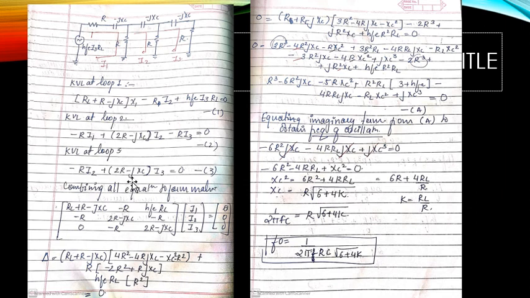First of all we need to break it down and combine it together in the form of a matrix. So when we write it together in the form of a matrix over here, with I1, I2 and I3 brought over here, it is equal to 0. First thing is that we need to multiply all the terms and find the determinant, which should be equal to 0.